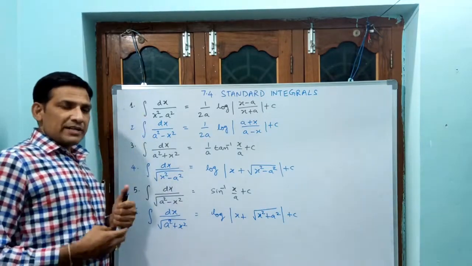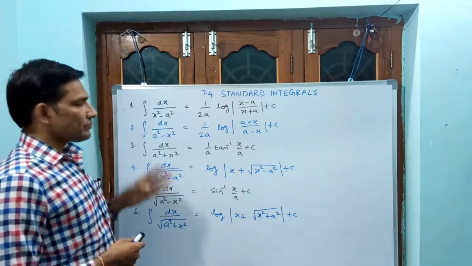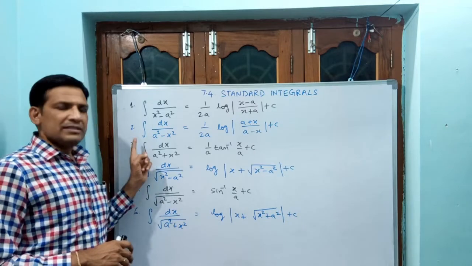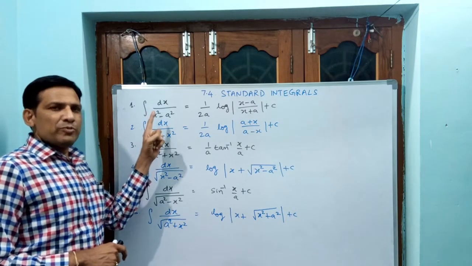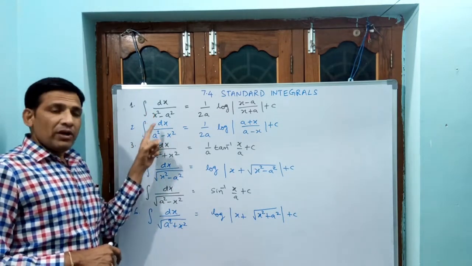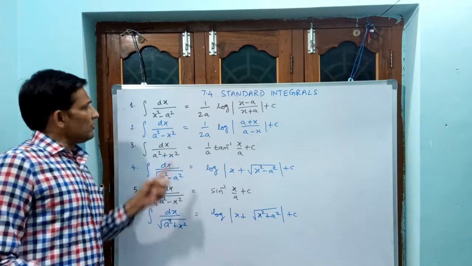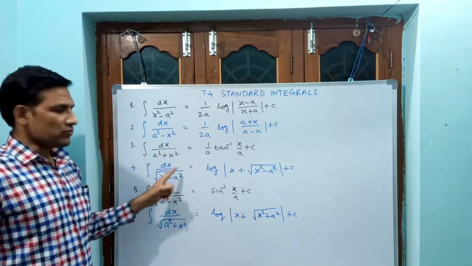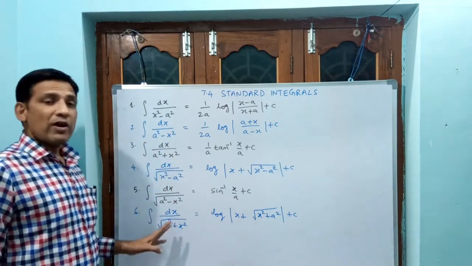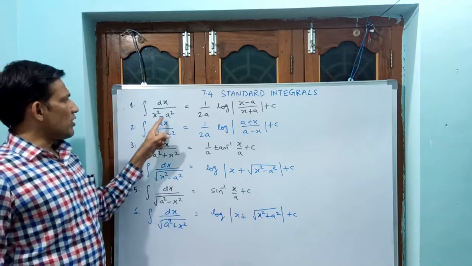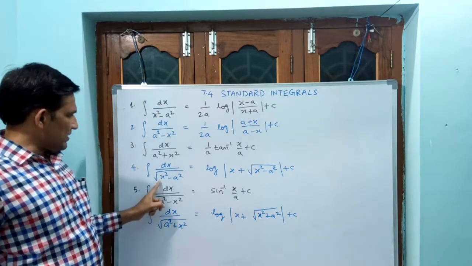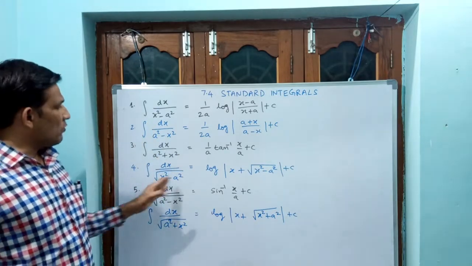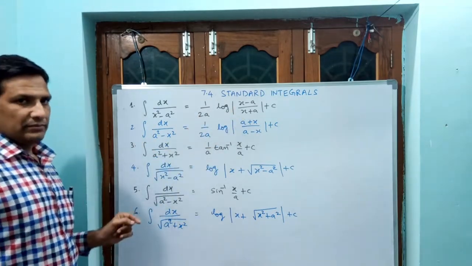Let us first understand what these are. These are formulae for integrals, we know. The integral symbol is there, dx always will be in the numerator, and the remaining entities are in the denominator. If you observe carefully, we have 1 by x square minus a square, 1 by a square minus x square, 1 by a square plus x square, and the same with square root. Same x square minus a square, but here no square root, here square root is there. Both are in the denominator, but both have different results.